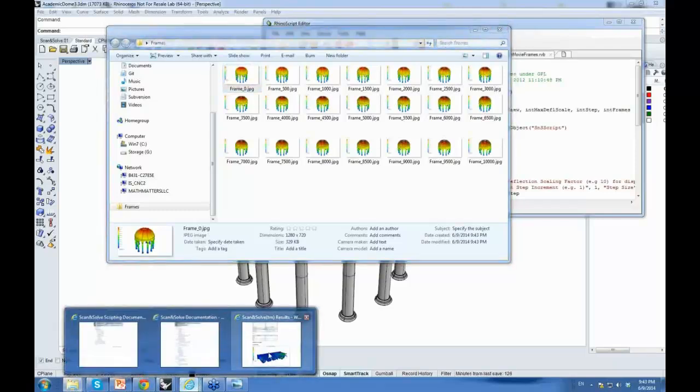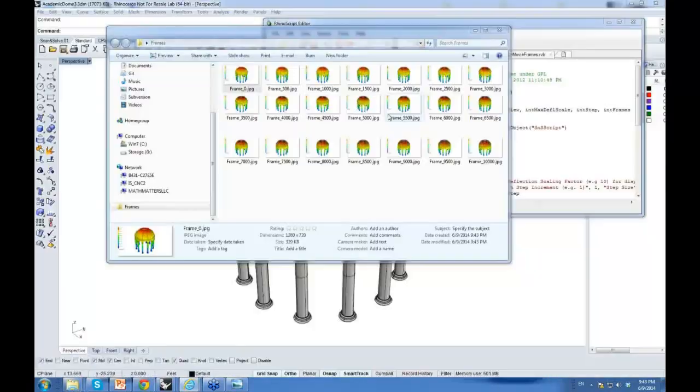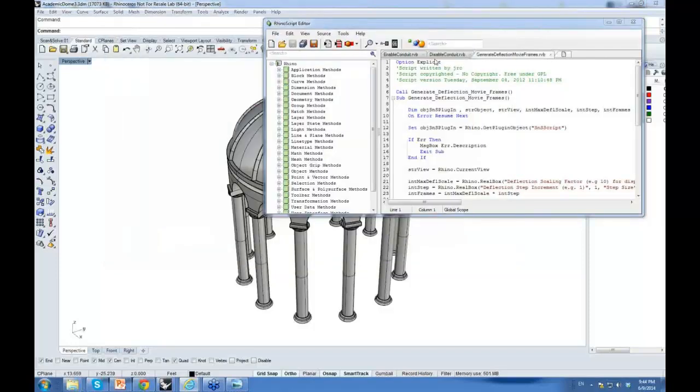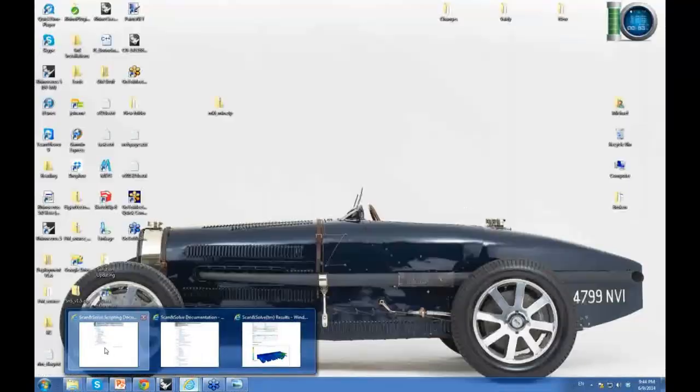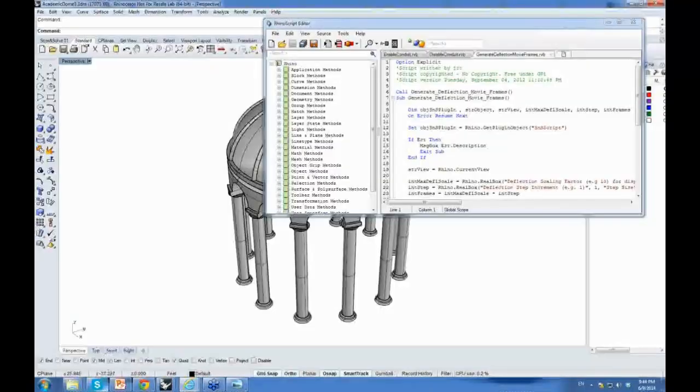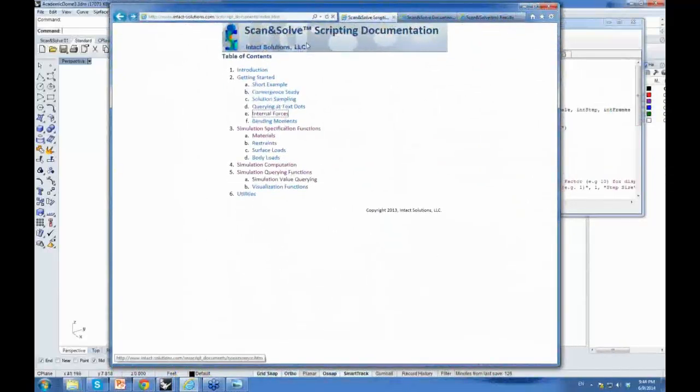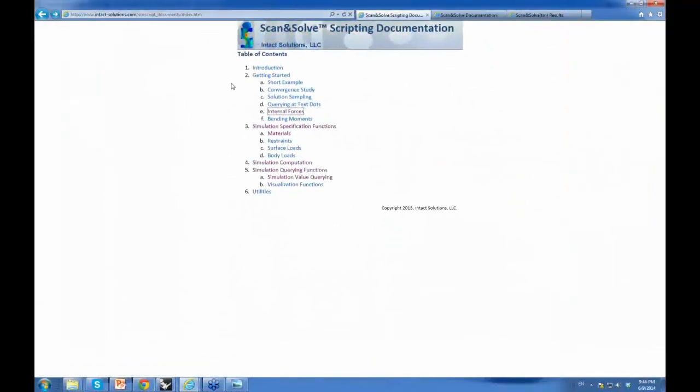There's a lot more functionality that's available, but I can't discuss all of it. I have to find my browser window here that actually has the documentation. It's here somewhere. Oh, here it is. So there's an introduction to S&S Script here, and then there's, I guess, 6 examples, a short example, and then